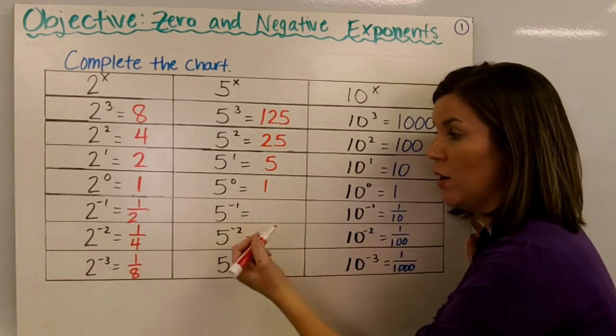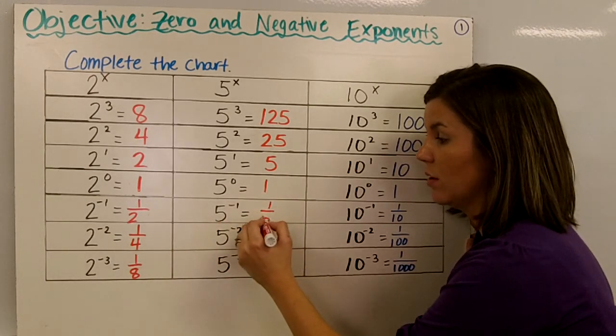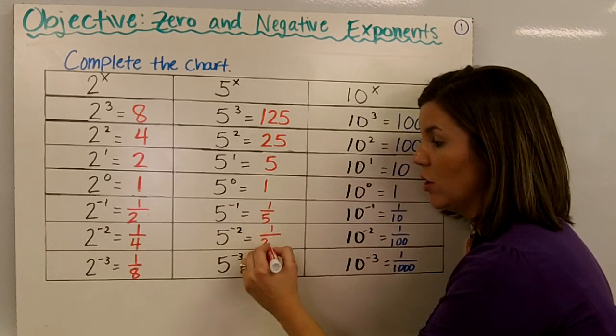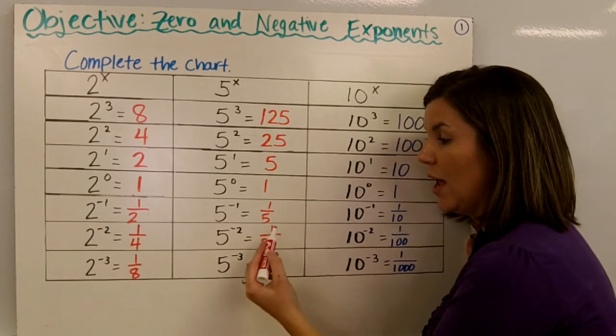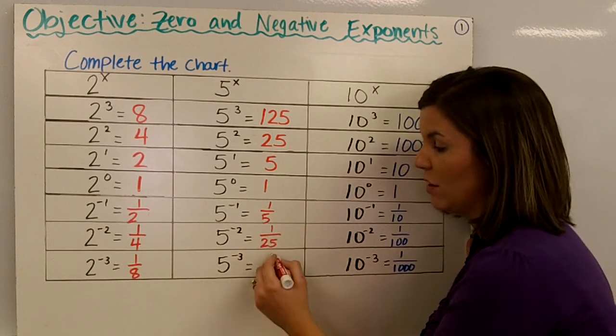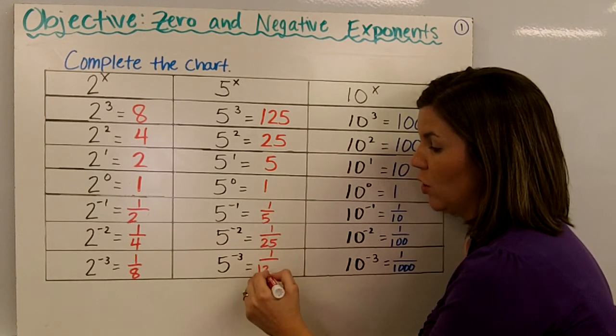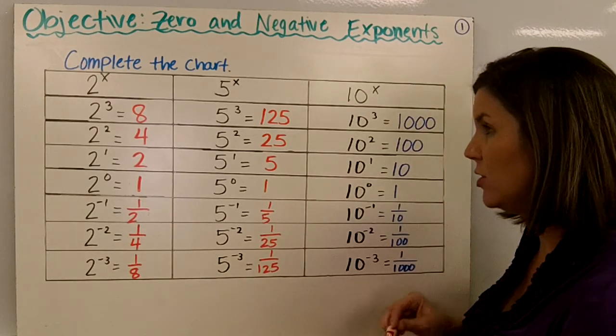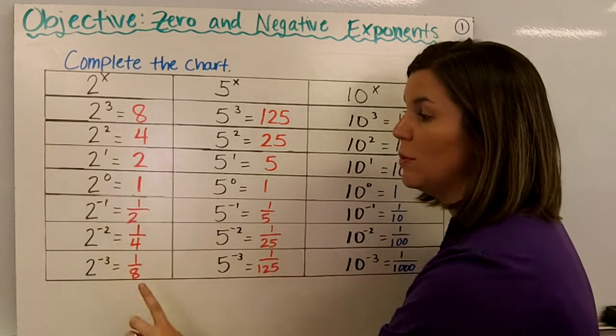1 divided by 5, our base, is 1/5. 1/5 divided by 5 is 1 over 25. And 1 over 25 divided by 5 is 1 over 125. I hope you start to see the patterns that we have 2 to the third power and 2 to